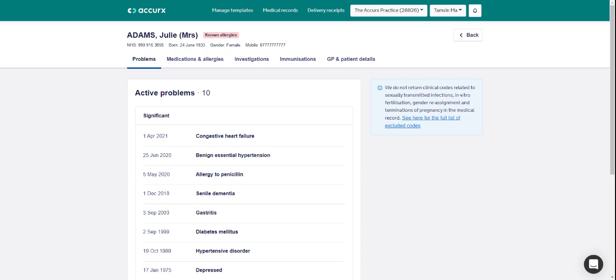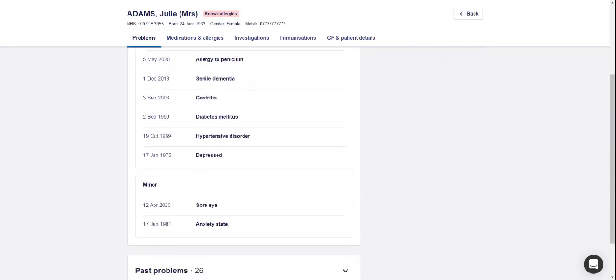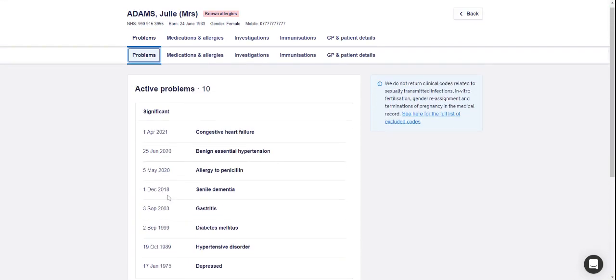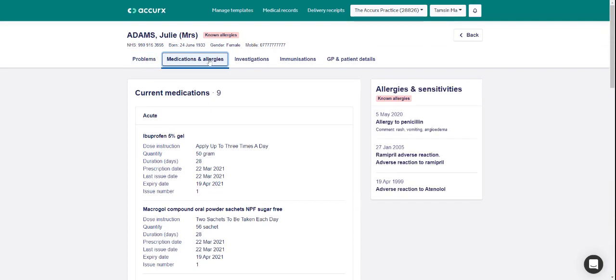Access the different sections of this report by clicking on the tabs in the menu at the top of the page. You can view their problems, categorized by significant and minor problems, as well as their medications and allergies,